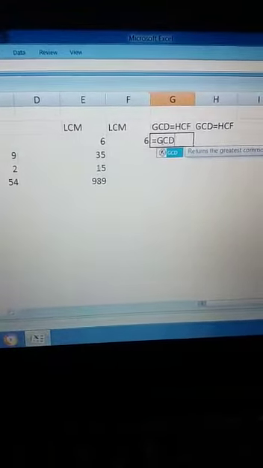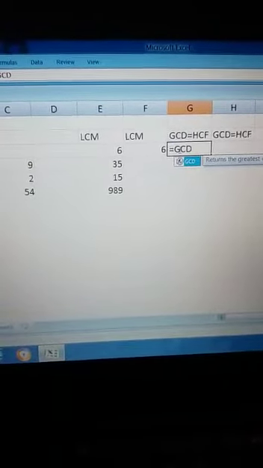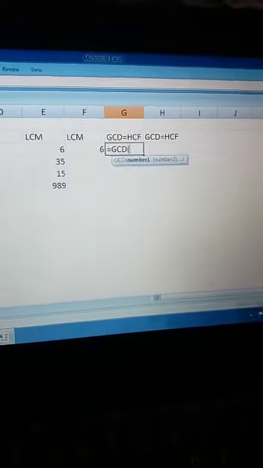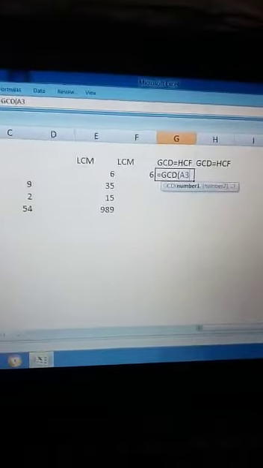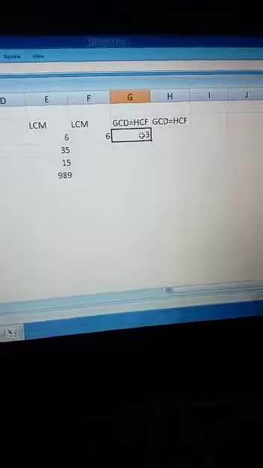You will write GCD, not HCF, because in your formula bar it is written as greatest common divisor. It recognizes your HCF with the abbreviation of GCD. So always when you want to calculate the HCF, you will have to write GCD. Okay, now start the bracket. Select this box, then comma, then select this box, then close the bracket and enter, and here will come your HCF. Understand?